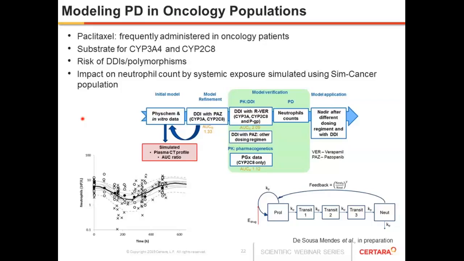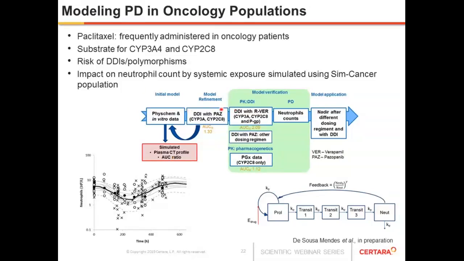The other thing to consider is that there is this kind of toxicity effect where you get changes in neutrophil levels, and essentially that can be modeled looking at delayed effects after administration of Paclitaxel. Essentially this was done by my colleague Melis. And this schematic shows that process, in terms of building that model and refining it,